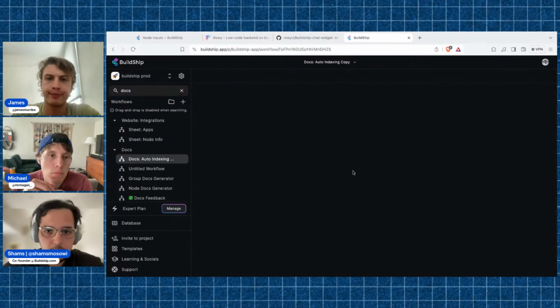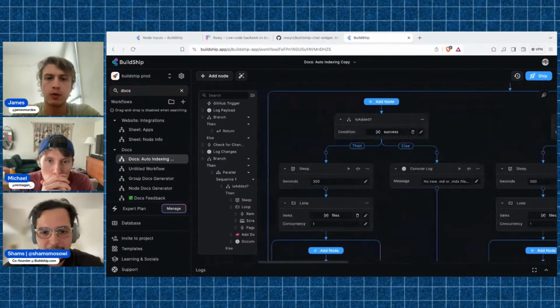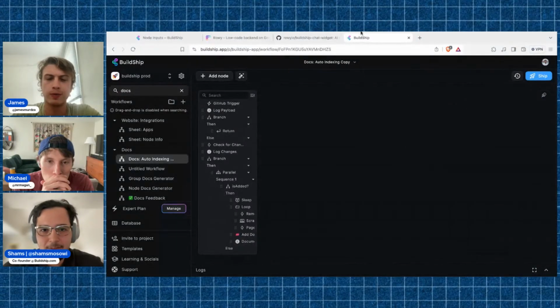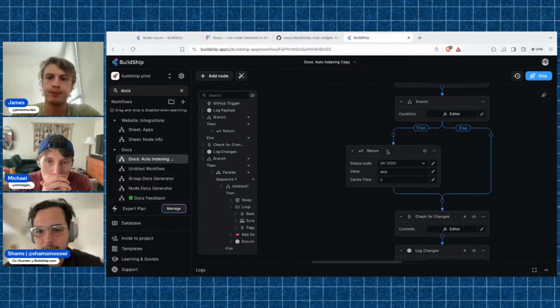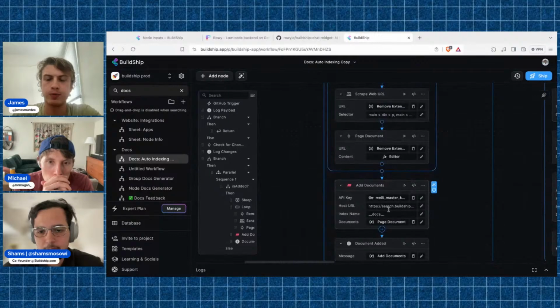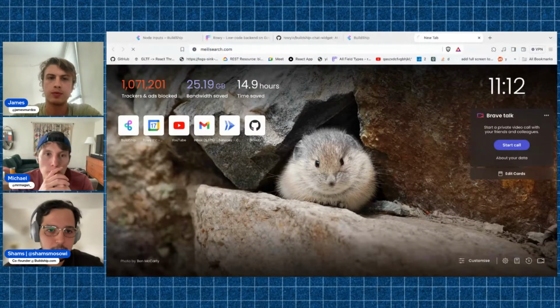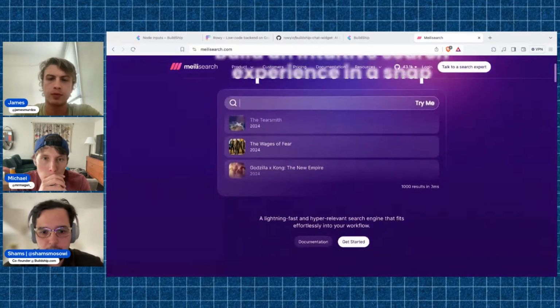docs, auto indexing. So this is more advanced that we can go into later, but basically every time we push to the repository BuildShip docs, it would go in, and if it decides to add a document to our index, our free text hybrid text search. So we're using this one here, and MilliSearch is an open source free text search, but they also introduced vector search.